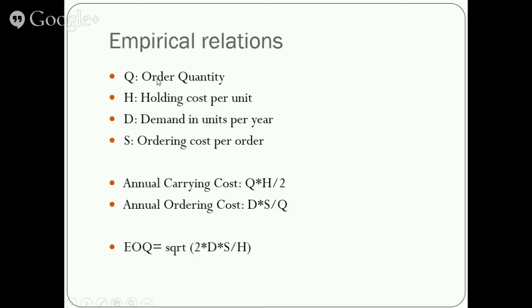You have an order quantity, you have a holding cost per unit, then you have demand in units per year, and ordering cost per order. And from these different parameters, you calculate annual carrying cost and annual ordering cost. You can see on your slide the empirical relations given for how you calculate the annual carrying cost and annual ordering cost. And because of time constraints, I won't be able to tell you how these equations have been